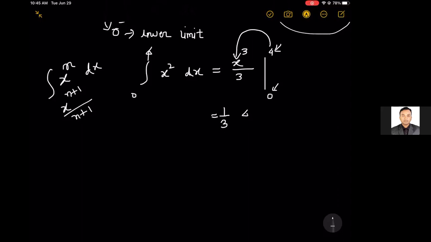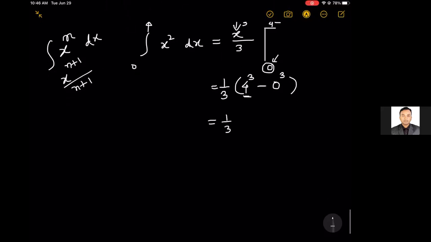We'll be plugging in the value in place of the variable we have. So it will be x cubed, that means 4 cubed and 0 cubed. But since we have two limits, what we do is evaluate it at the upper limit and subtract the evaluated value at the lower limit. That's it. That means you evaluate it at the upper limit minus you evaluate it at the lower limit. That's it. That means it gives us 1 over 3, 4 cubed is 64, I believe. And obviously 0 is 0. So 64 over 3,